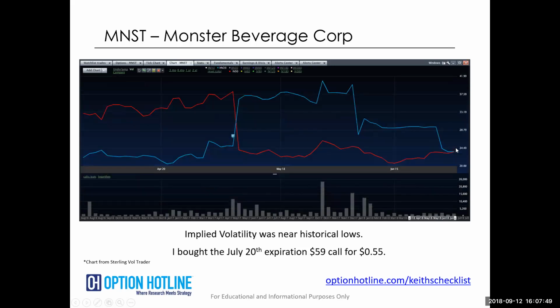So I start going through the process and I tell myself, okay, where's implied volatility relative to history? Before I do that, I'm going to explain this chart to you guys. This is off of a platform that I use called Sterling Vol Trader. Implied volatility is measured by this red line. So when it gets low, that tells you that people are pricing options cheap. The blue line is where the stock's been moving. So when that's higher than the red line, it means that the market is moving more than the options have implied. So historically, we've been moving more than the options are implying. We're going to move in the future.